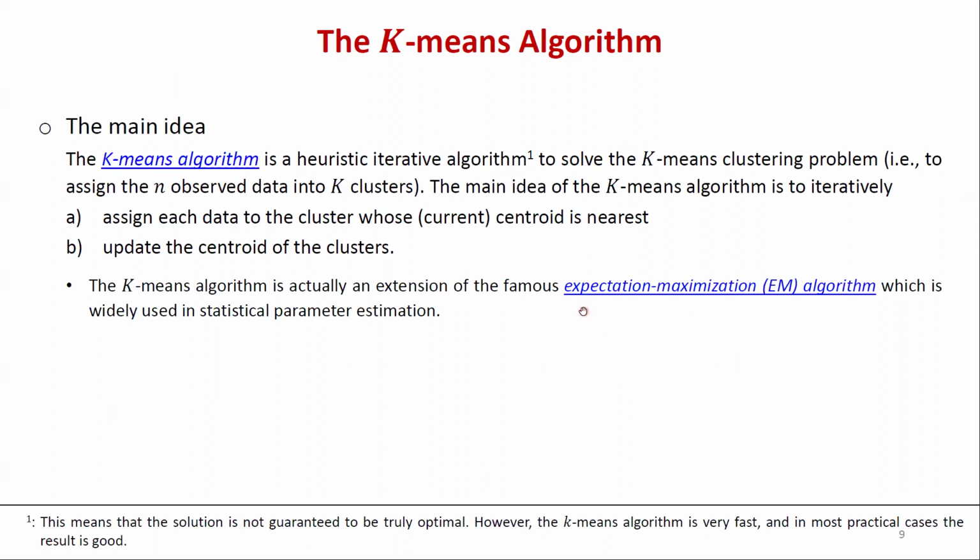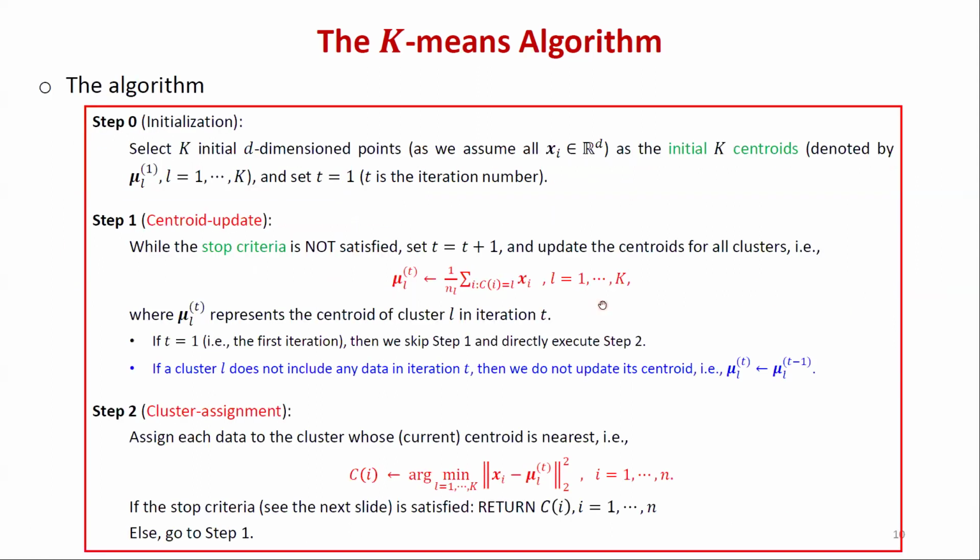Okay, then let's introduce the k-means algorithm. This is very important. I hope you can code it manually instead of doing everything with the given library. The initialization step is to select k initial points, D-dimensional because the data is D-dimensional. I'm going to take these k points to be the initial k centroids, so it's going to be this mu L. This one is at t equal to 1, or iteration number 1. Or you can use 0, not a really big deal.